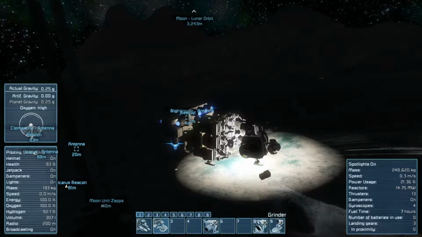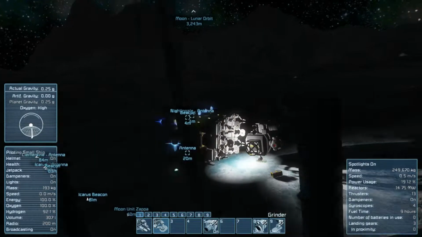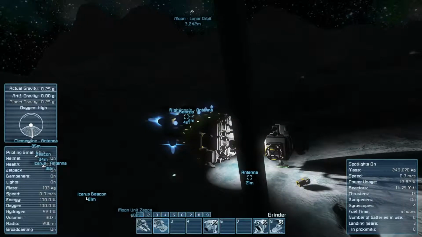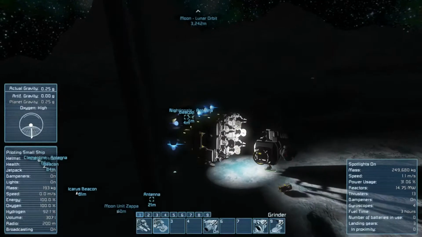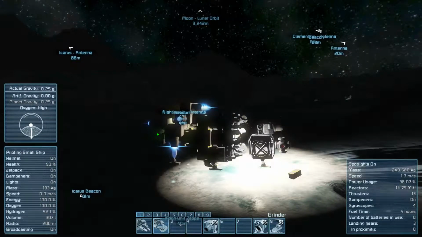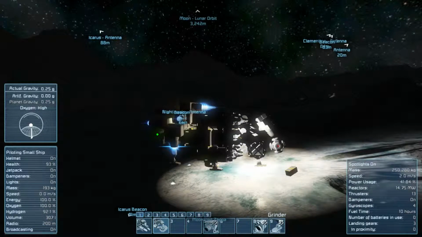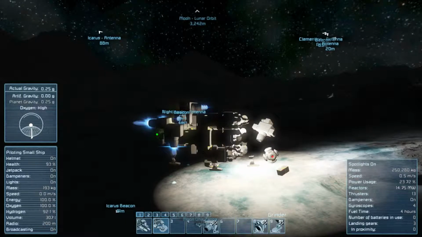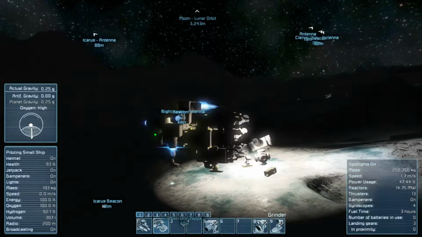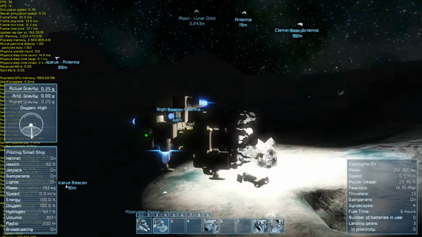Now I know there's floating parts around here somewhere. There we go. Since I did all my exploration, I actually generated a lot of asteroids, which is causing my frame rate to drop to nothing, which is horrible. Because I've got a decent computer, and it's gone to crap. It says 30 some frames a second, but